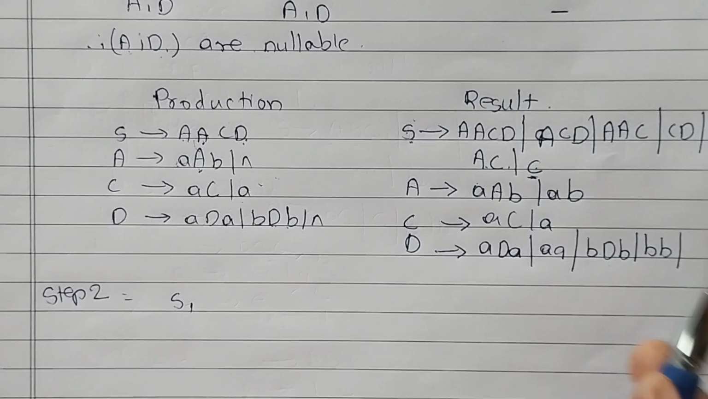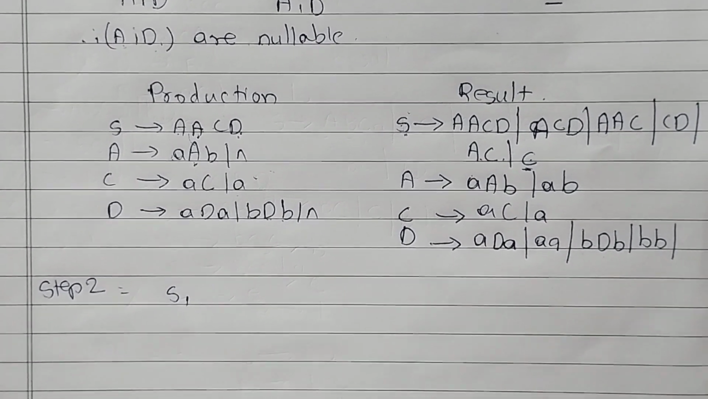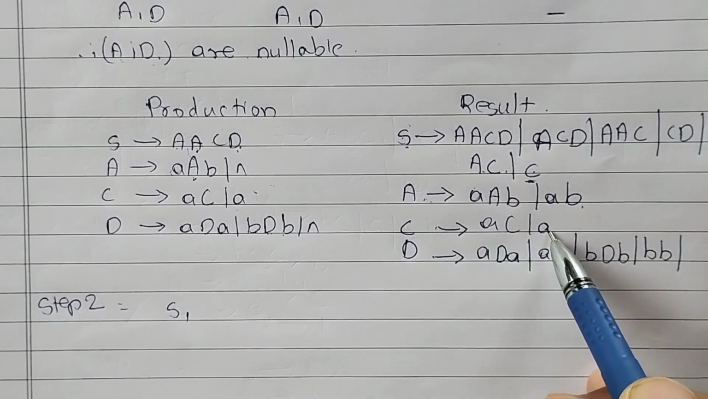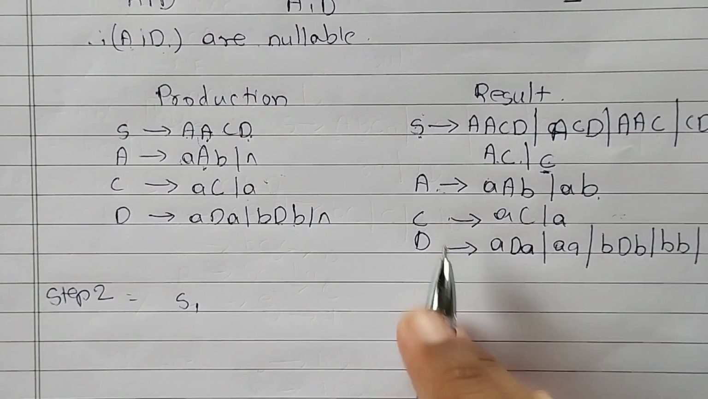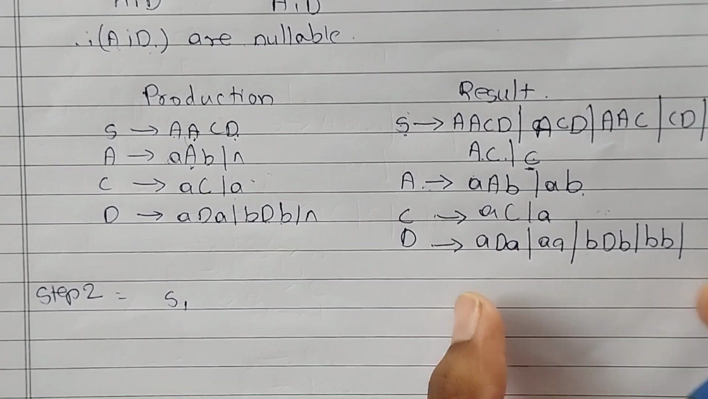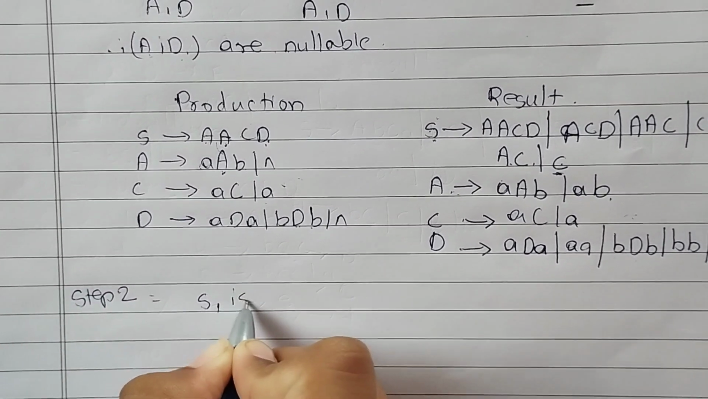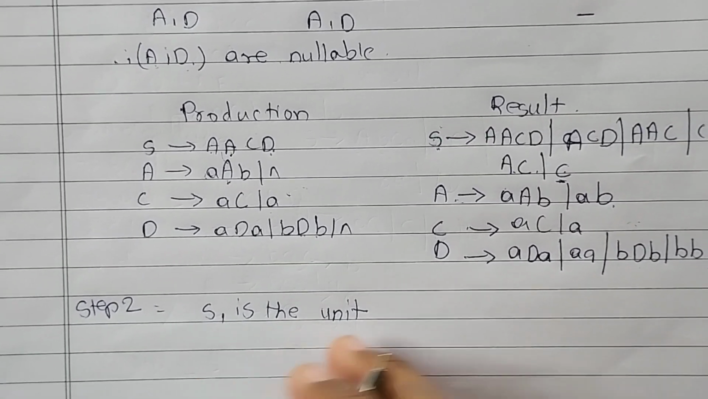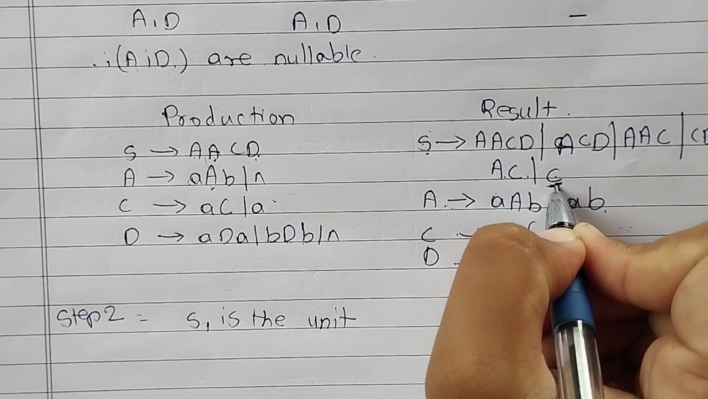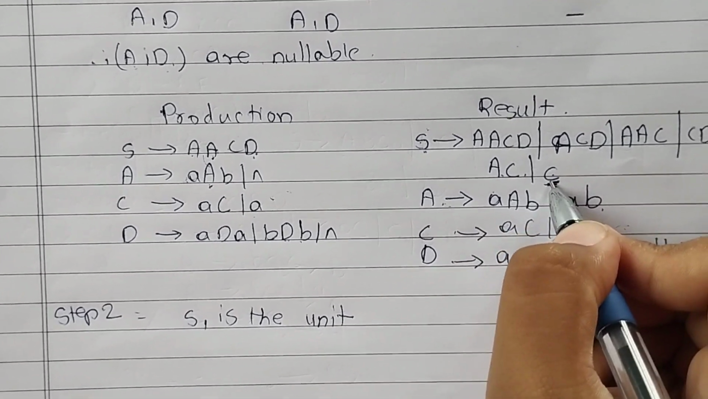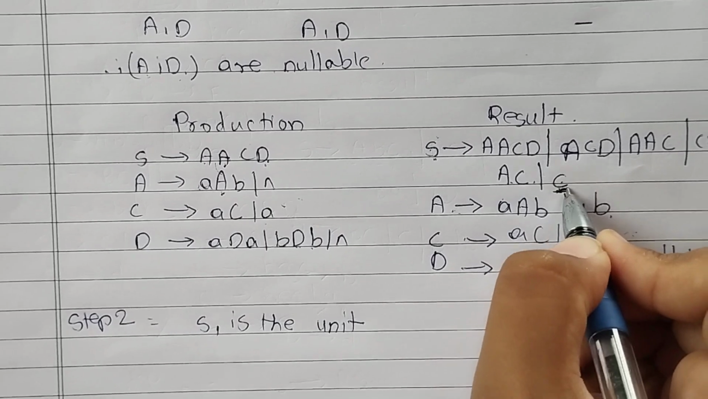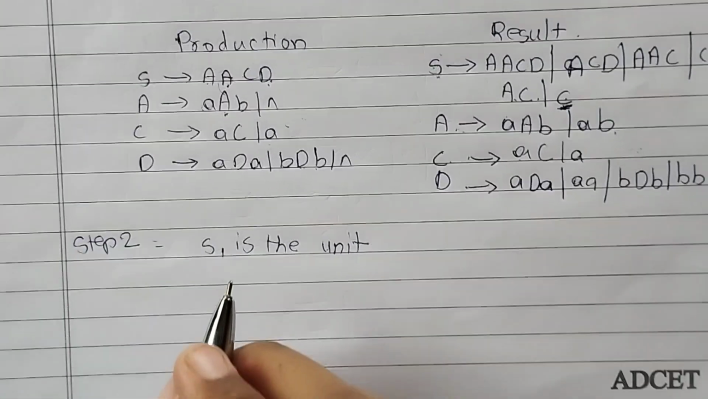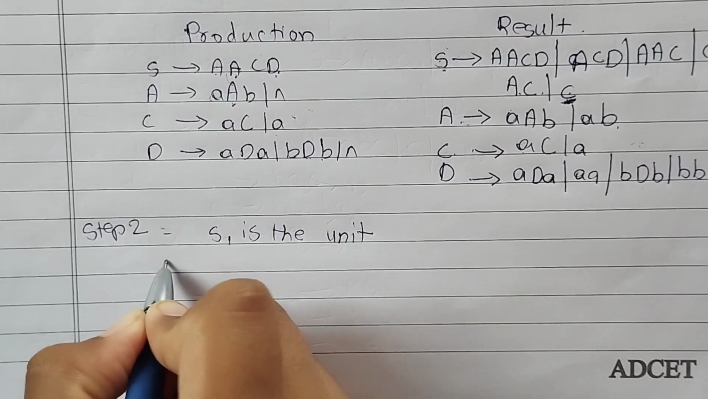Now is any remaining unit present or not? So in A no single unit is present. In C production also no single capital letter comes in the picture. In D also no single unit is present. So only Y is the unit. Now we eliminate this unit. How? Where a single variable is present, put that variable's production here, meaning here single C is present and C produces AC and A. So now the final result of the production is S produces